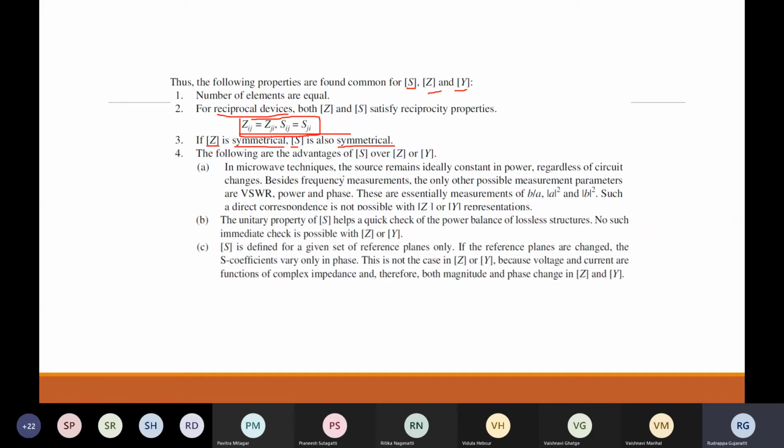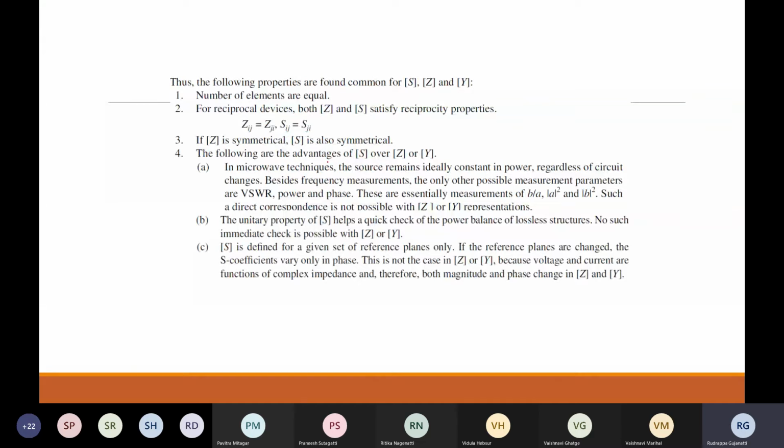So now, what are the advantages of S over these two parameters? In the previous case, we had seen why we cannot go forward with a direct estimation of Z and Y. It is because of the open and short circuit conditions, which are difficult to obtain in microwave devices. So we cannot go directly with these aspects. But what are the advantages of going ahead with the scattering parameters at high frequency range? So here, what happens is